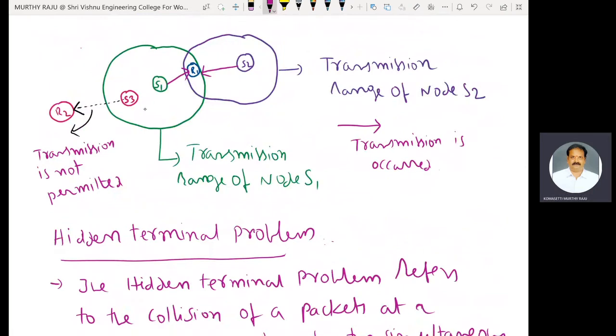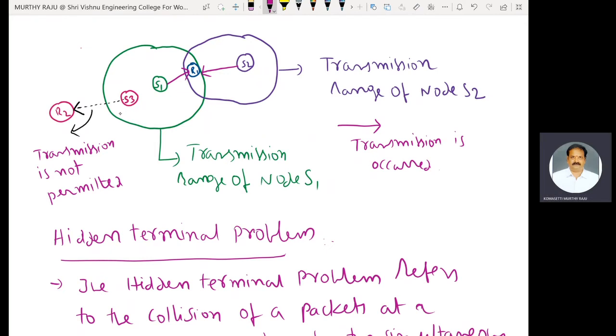S3 node is the neighbor node of S1. S3 node is within the transmission range of node S1. But ongoing transmission takes place between S1 and R1. S3 hears the transmission. Therefore,